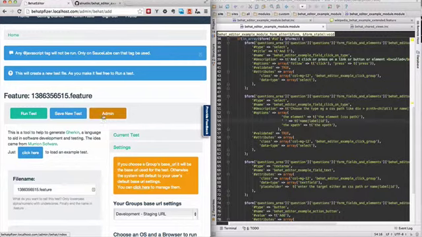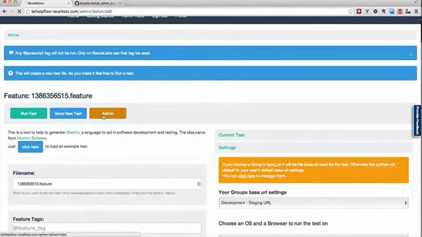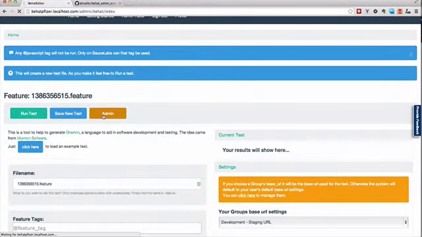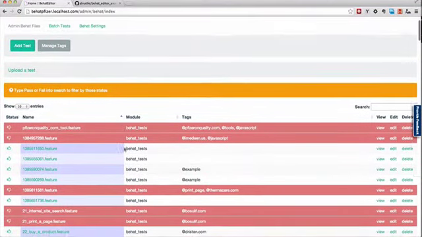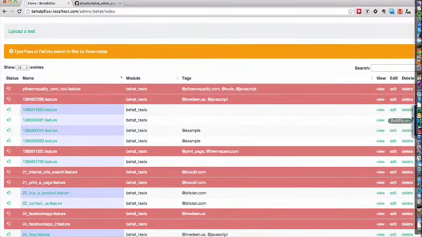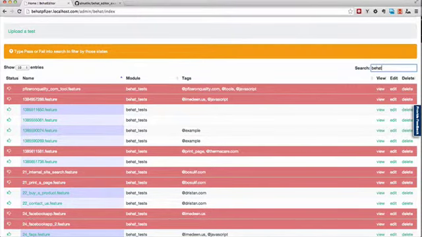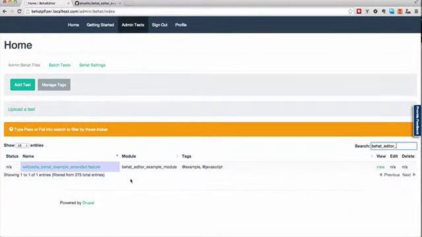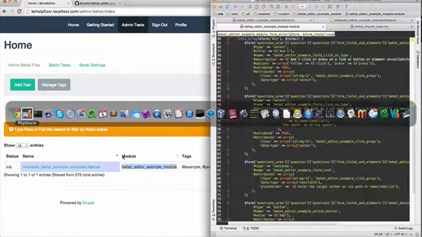So let's cover that. Let's go back to the admin interface. You'll notice here that all the tests have a module folder. And if we were to look for your test, Behat editor, we see that there's the example module folder, and all the tests in that folder will have their own lines here, so you can quickly search for your test. You'll see that over here you can't edit or delete it because you're managing it in your folder for your module. You can view it, of course, and run it. And when you go back to your code,